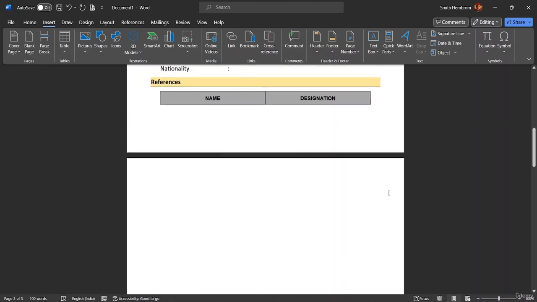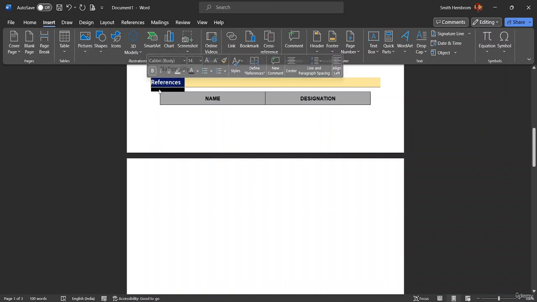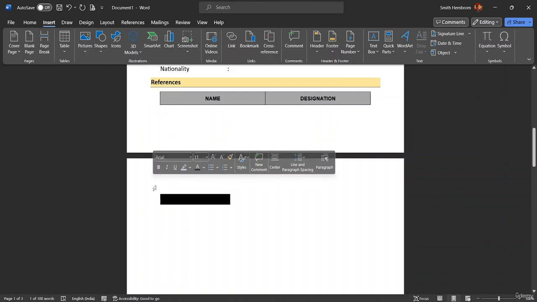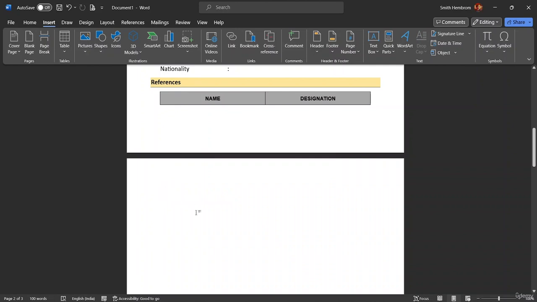Okay, so in this page, what I can do is I can come here and maybe click on this particular word, click on Control C to copy. Okay, so after that, come over here and just click on Control V. Okay, so instead of references, now I will just give the declaration. So declarations are basically a statement by me that all the documents and all the information provided, it's true and stuff. So here I can just write like all the documents and information